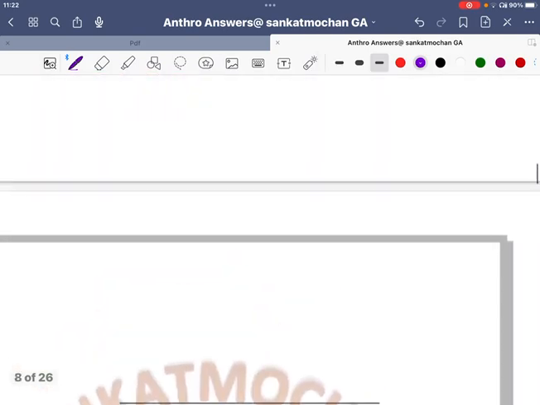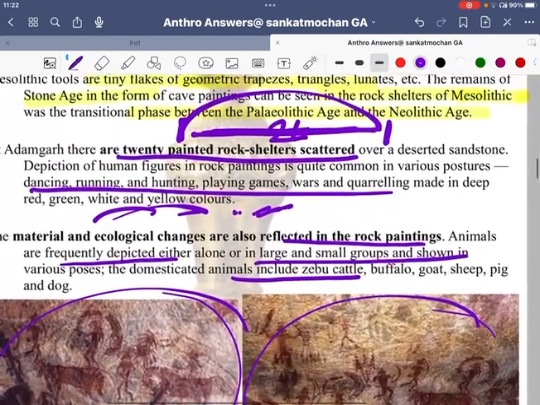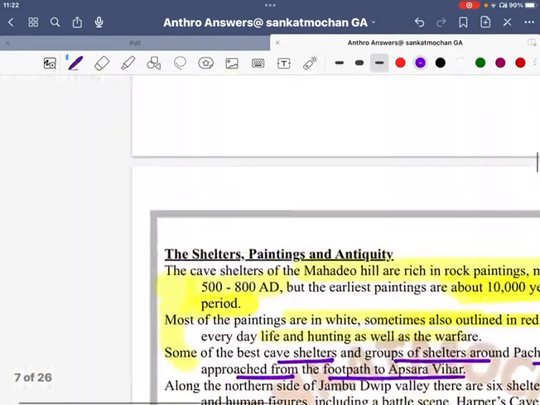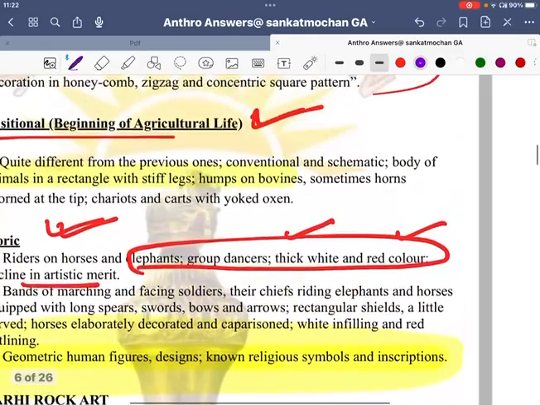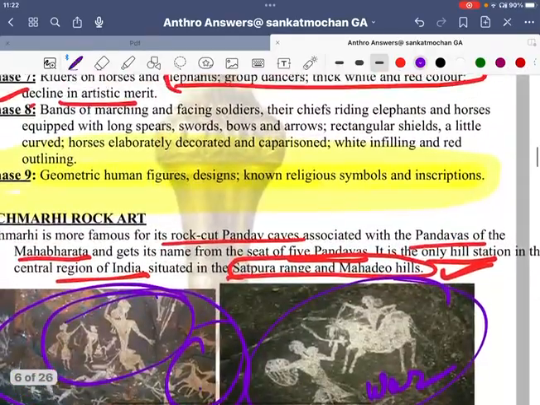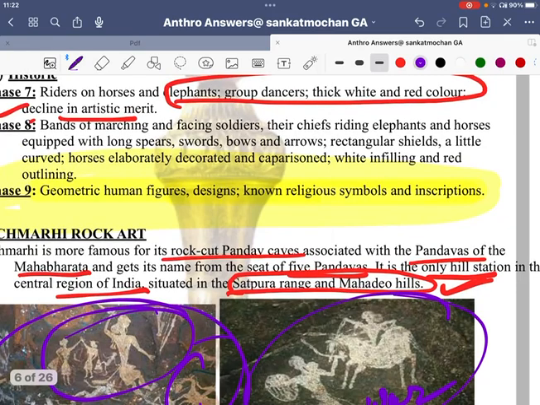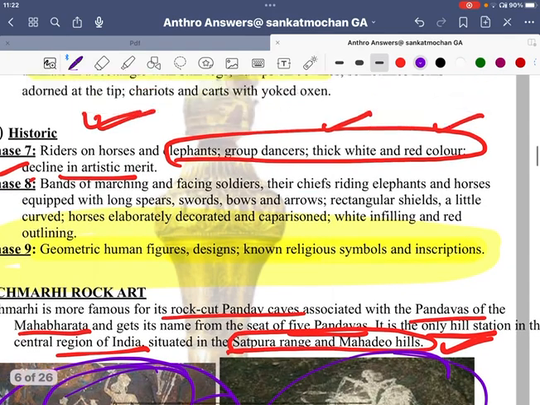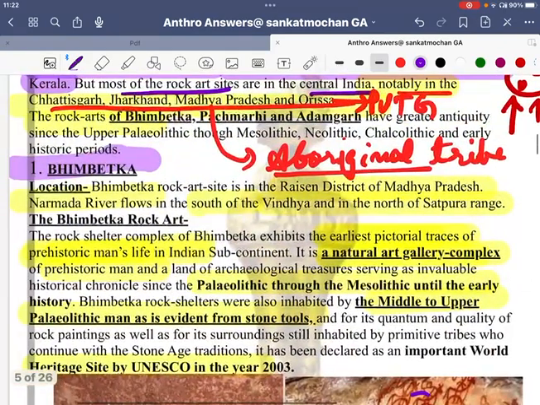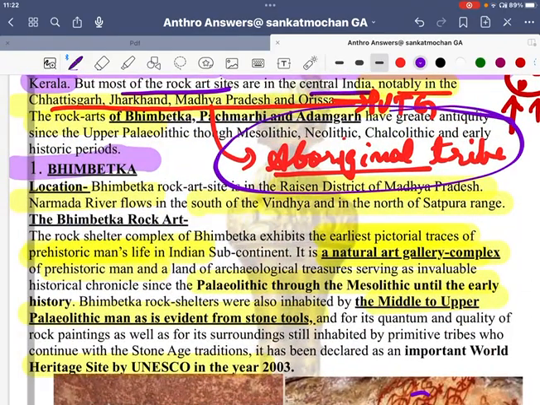Fine. So next question we will move forward in the next class. Hope to see you, and hope you do read about aboriginals. If you read about the aboriginal tribe, you will gain much knowledge about why most of the caves have been found in Jharkhand. Fine, this is the aboriginal tribe.